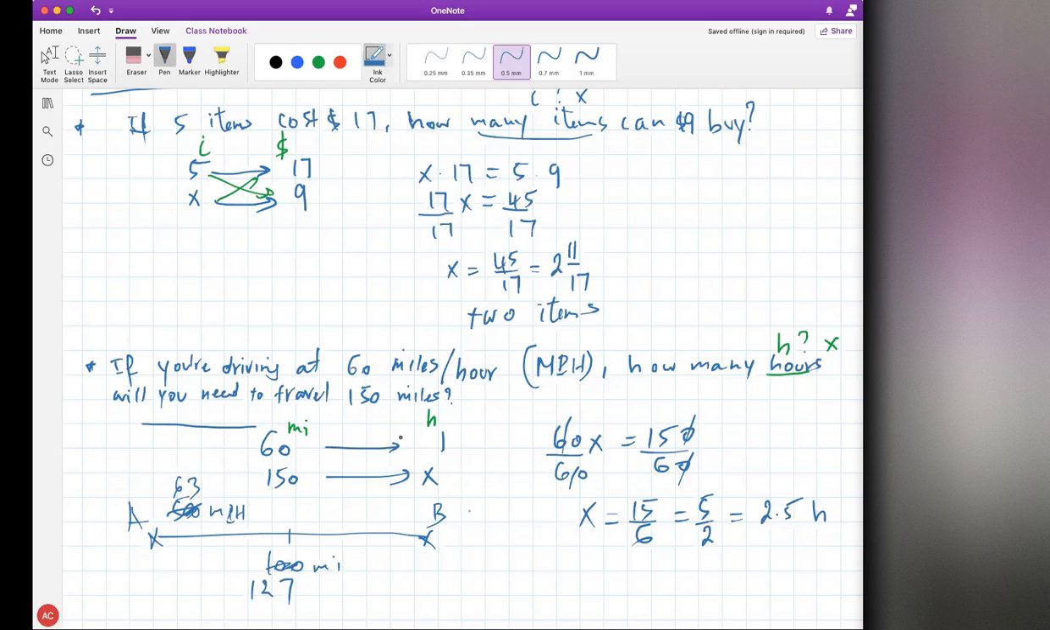So you might be missing the hours or the miles. Turn that into a ratio, and you can easily find it. I was able to do it in my head, but